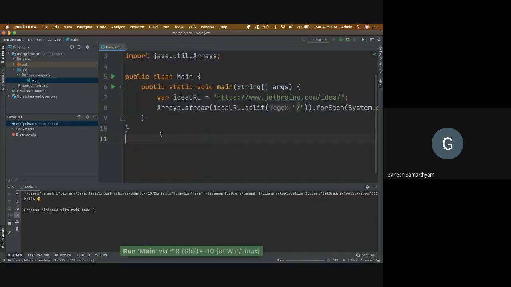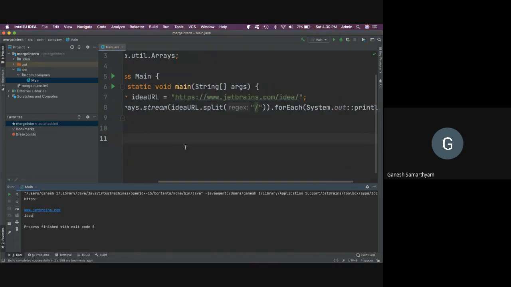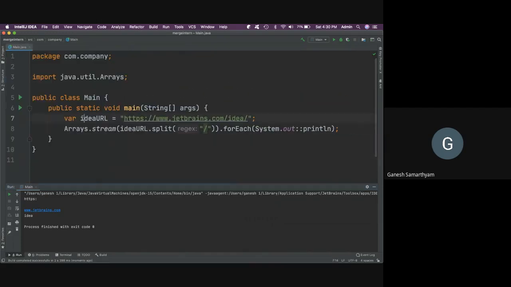Yeah, it worked. It is able to split it properly, right? Okay, so what are the things that you have seen so far? Some of the essential shortcuts that you'll be using regularly. That's what we have covered so far.